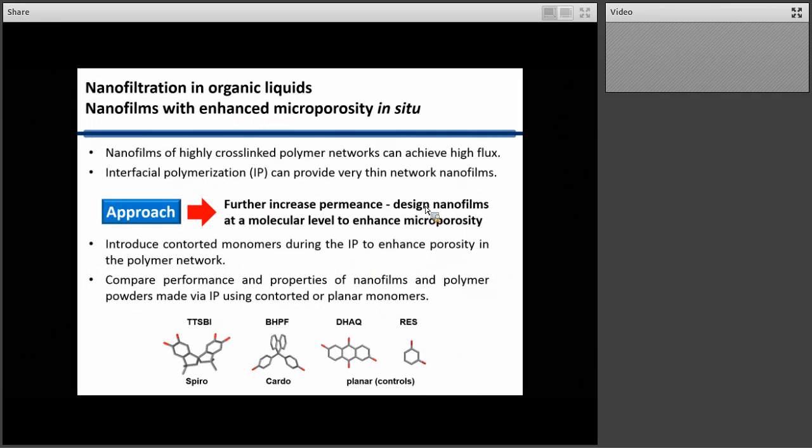We didn't stop there. We got very interested in this idea of very thin nanofilm membranes, and we wondered whether we could, by changing the monomers we use for this interfacial polymerization reaction, change the pore structure inside the thin films. So we realized that these nanofilms of highly cross-linked polymer networks can achieve high fluxes through interfacial polymerization, but we started asking ourselves, could we